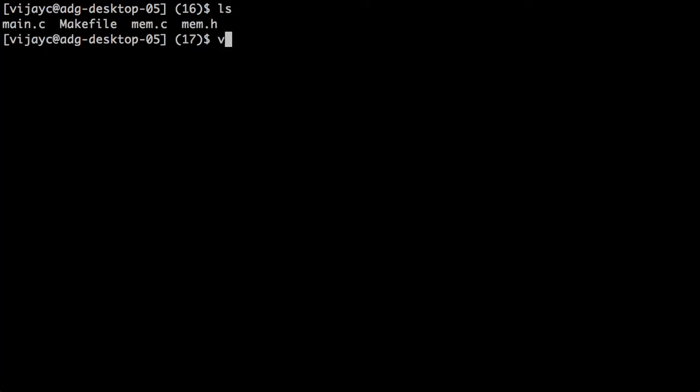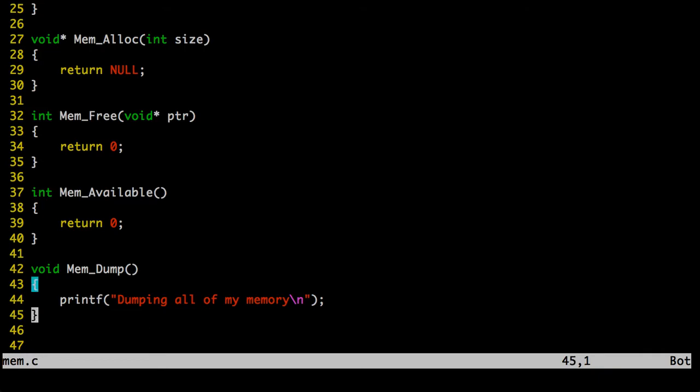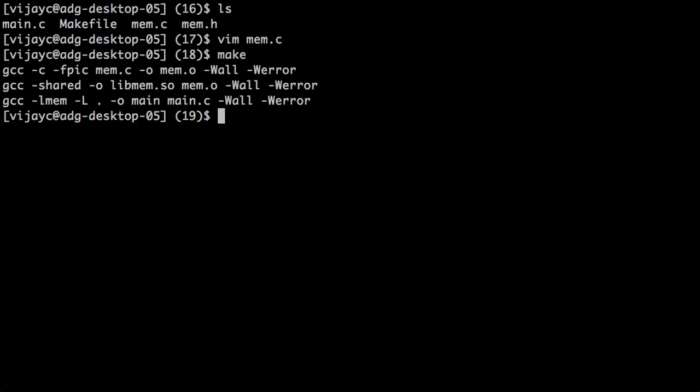So one of the cool things about having a library like this is that, here we see the different compilation steps that are going on. The first thing is we have our mem.o getting created. Then next we are creating a libmem.so using mem.o.